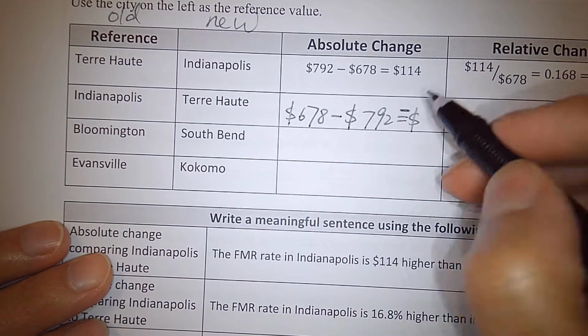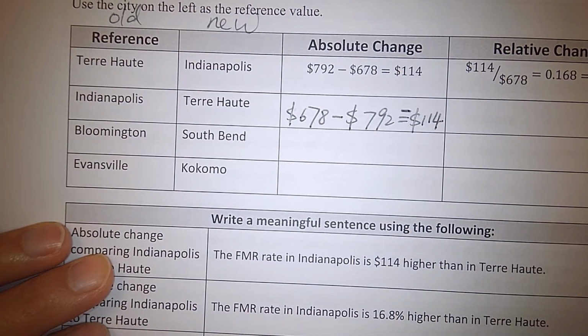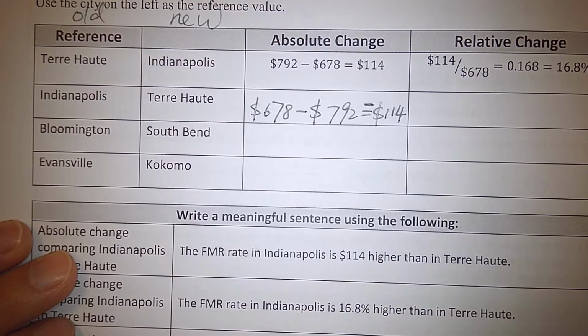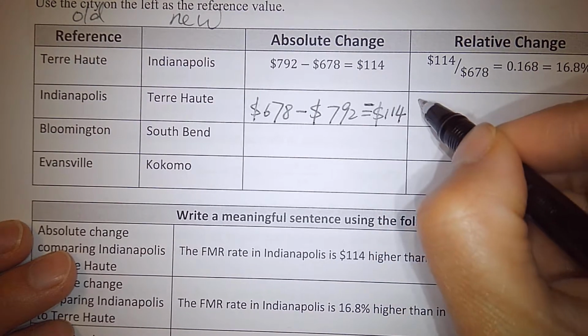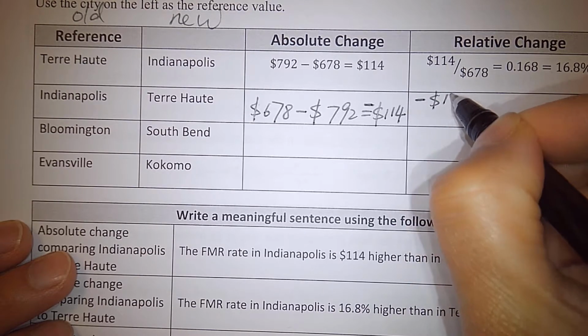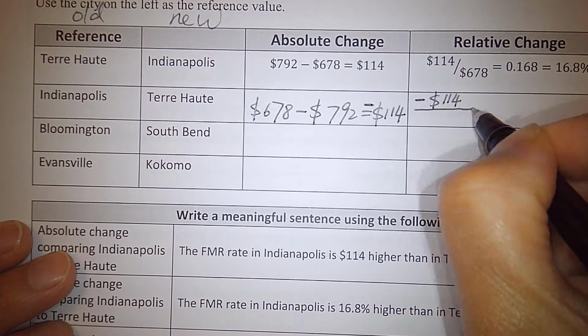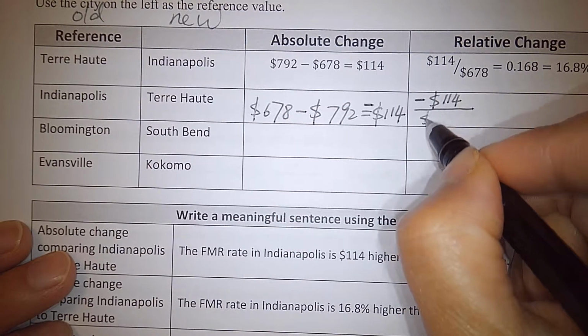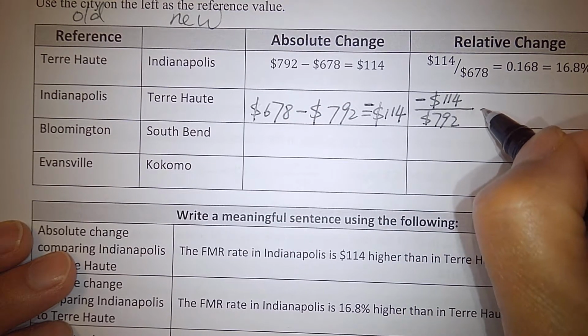Negative 114, right? Okay. And what about the relative change here? Use absolute change. Negative 114 divided by the old value, 792, it gives us